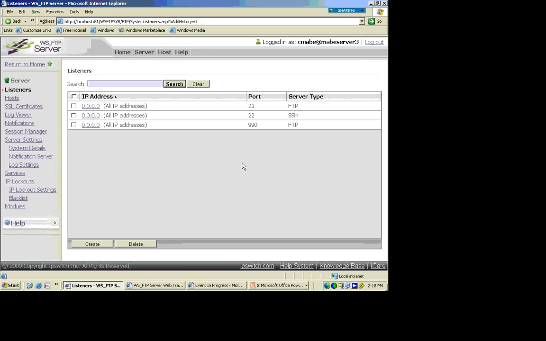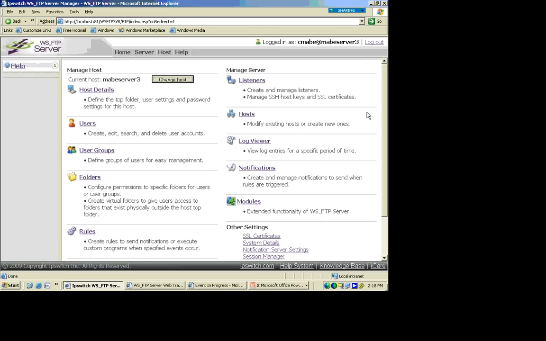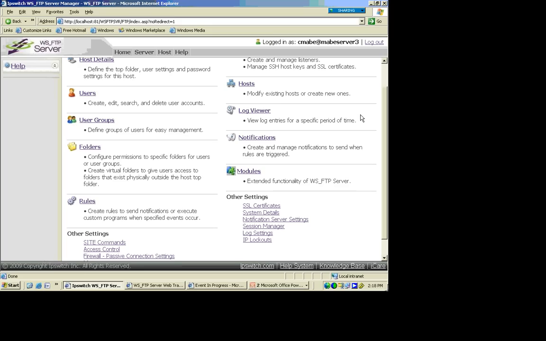As well, we include the keys for the SSH connections, and we include the SSL certificates for both the explicit and implicit SSL. They are self-signed, and you can get certificates with the CSR file from this server. You can generate your own, send it to Thawte or VeriSign, and have them sign your certificate, and then you have a CA authority. The same is true for the web transfer module. Remember, it's served out of IIS, and there you would have to generate your certificate through IIS, send that away,